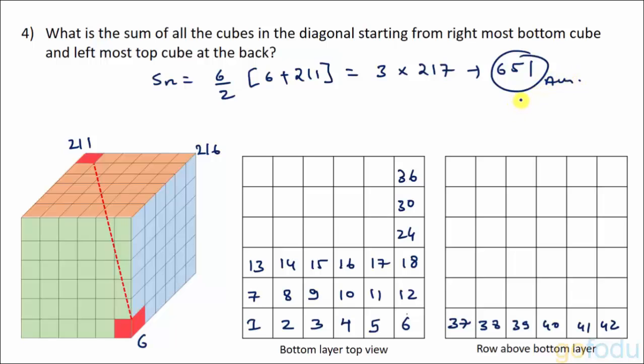With this, we have completed all the questions that were asked for this set. Just like in geometry, if a word problem is given to us, we visualize what the figure will look like. In the same way, here also we visualized how the numbering is being done in the cube and which diagonal the question is talking about. Having done this, the rest was a cakewalk.